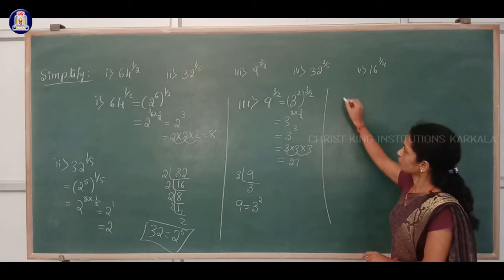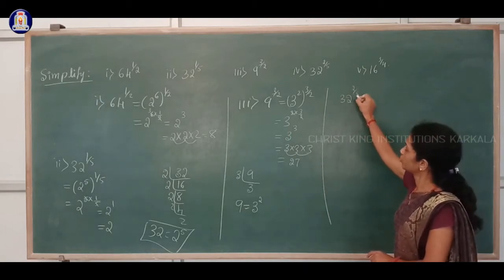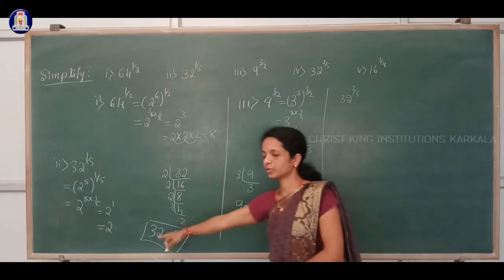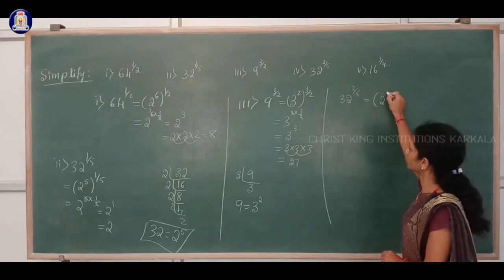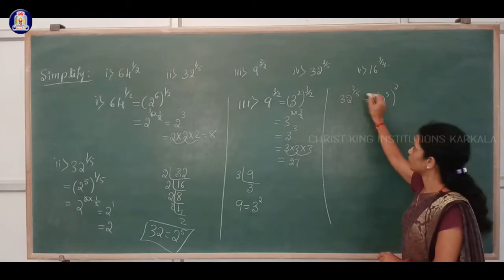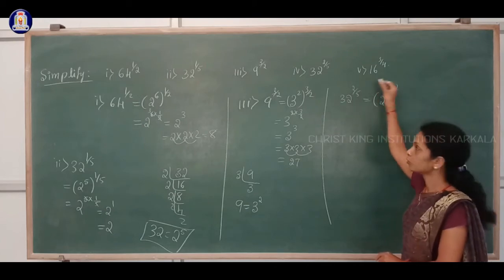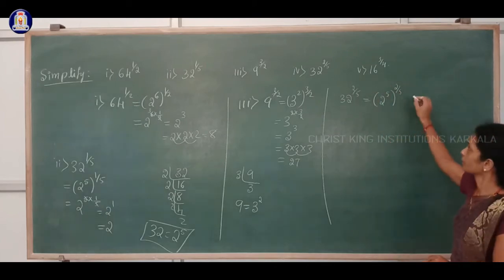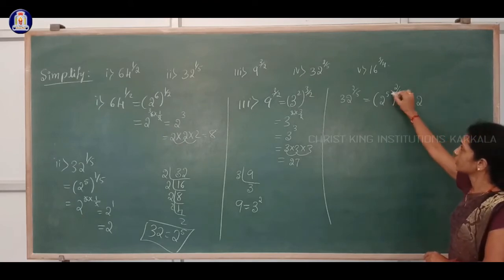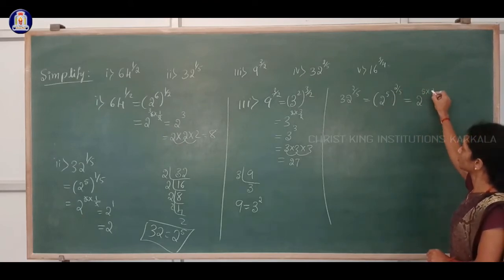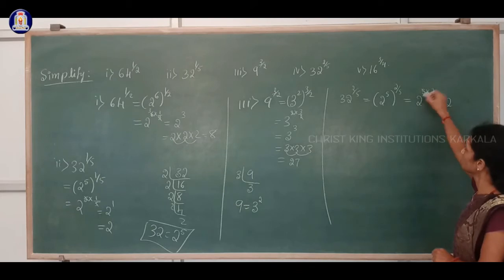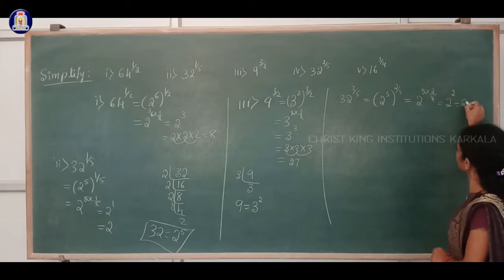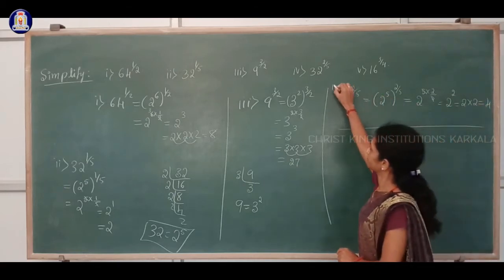Okay, so like that, next one also. Next one is 32 to the power 2 by 5. We already have it here, right? 32 is what? 2 to the power 5. So I will use that directly here. 2 to the power 5, to the power, what is there outside? 2 by 5. So power 2 by 5. That is equal to 2 to the power inside into outside power, 5 into 2 by 5. 5 by 5 cancels, and we are left with 2 to the power 2. 2 to the power 2 means 2 into 2, that is equal to 4. Okay, that is the fourth one.